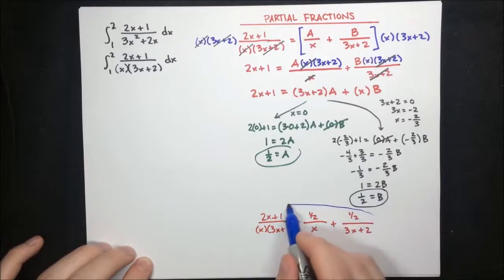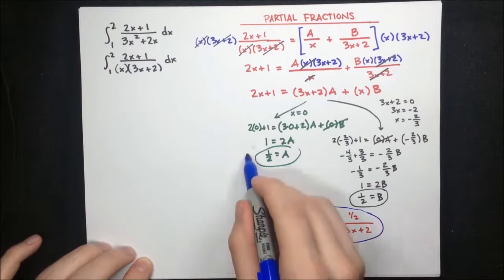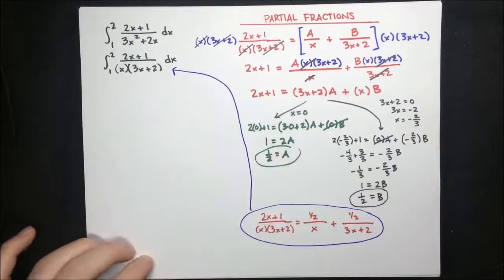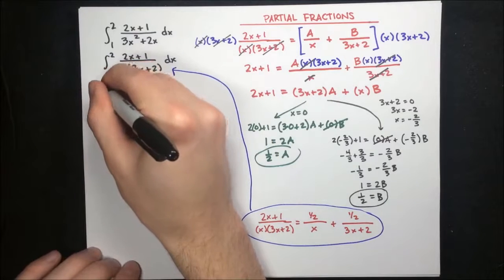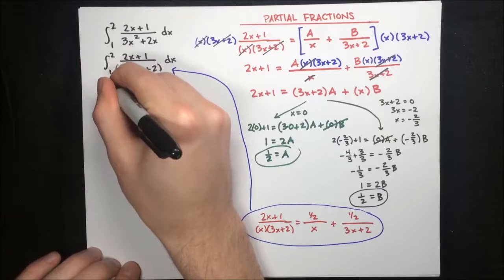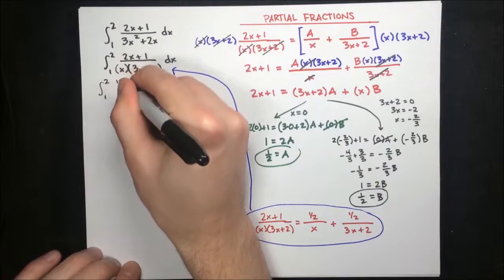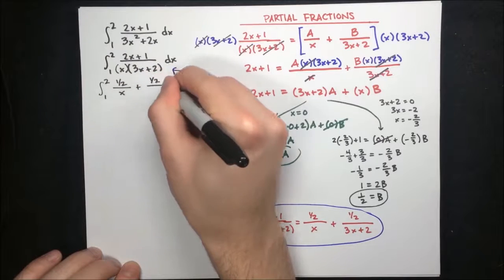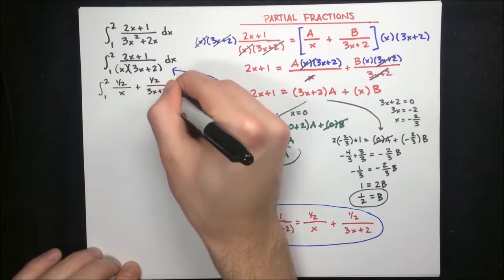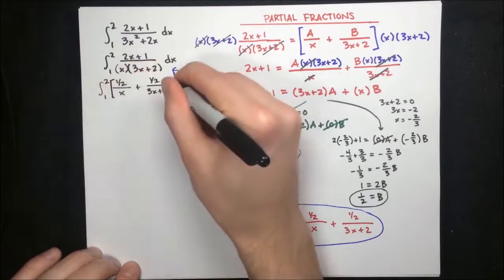And this is what we can take and plug into our integral here. So let's go ahead and rewrite this integral. This is the integral from 1 to 2 of 1/2 over x plus 1/2 over 3x plus 2,